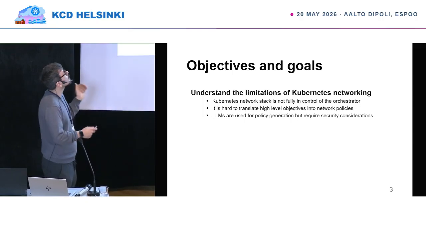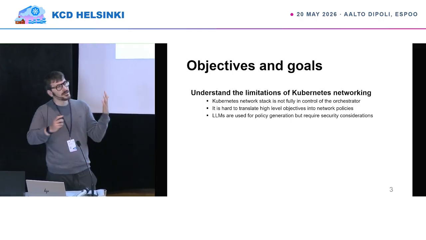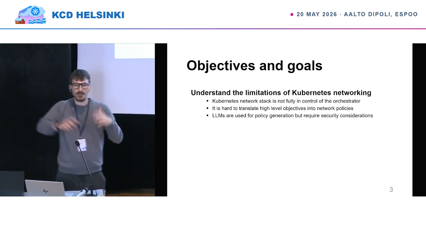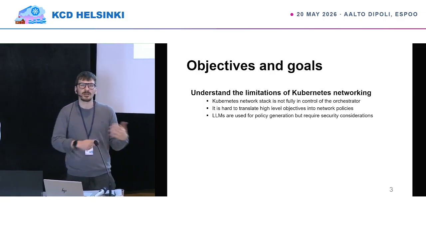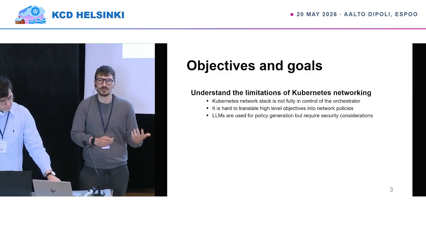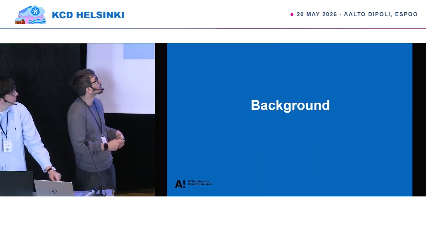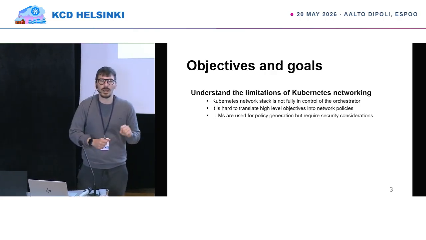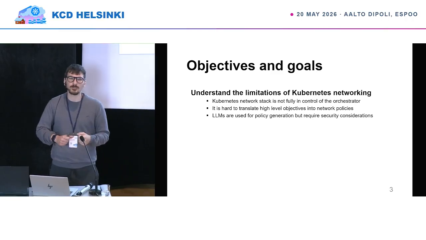After that, we're gonna move to another problem. That is that it's very hard to translate higher level objectives into network policies. This means that, for instance, when you have a lot of third-party applications that we install in our clusters, it is kind of hard to understand how to merge them together and how to combine them in terms of functionalities, but more importantly, in terms of network policies, how to connect them. And third, we're gonna also look at how LLMs are playing an important role in network segmentation and